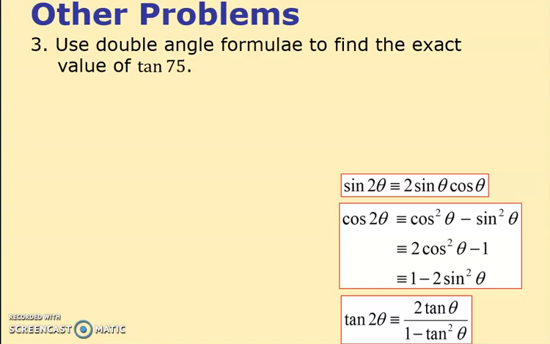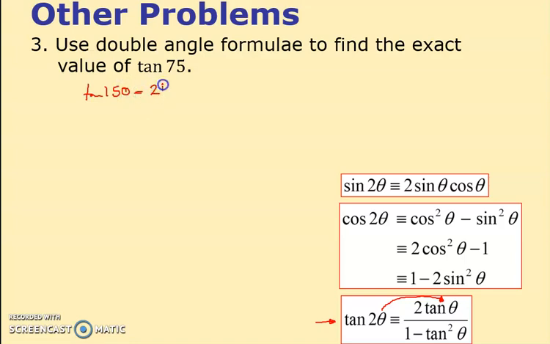in class. So it says use double angle formula, so it's forcing us to find the exact formula of tan 75. Well, for a start, double angle formula is this formula here, so it wants me to do that. Now, normally you half these numbers, so that's not very nice, is it? If I half those numbers, I get 37.5. So I'm wondering, how am I going to do tan of 150